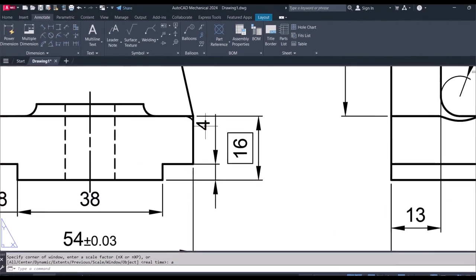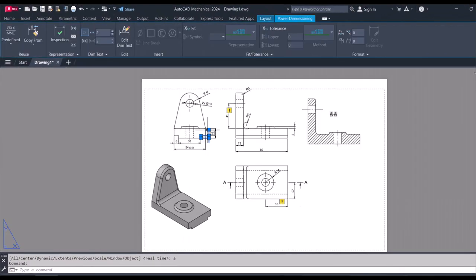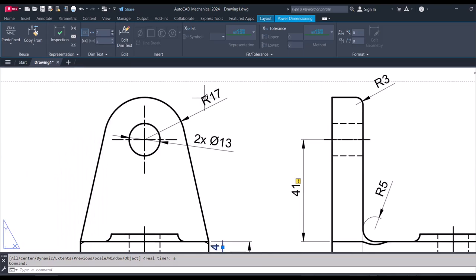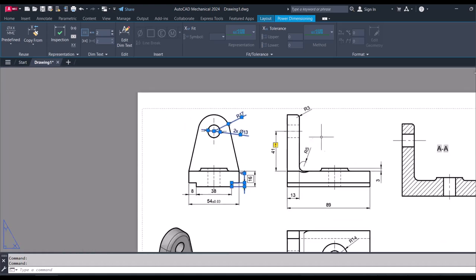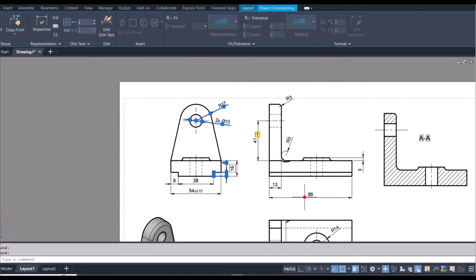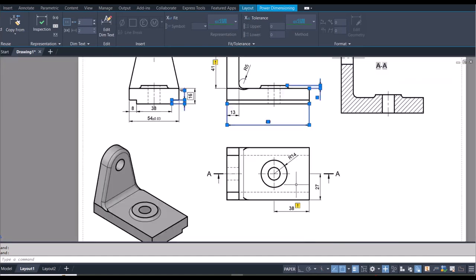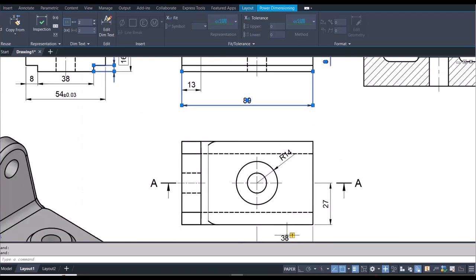So I'm going to select the height here, 4. I can add a tolerance to it. And then the radii and the diameters I can add. For the fillets, I won't add any tolerance to it. I'm going to add to the 89, ignore the 13 because I don't want to compound that. And then I would also add to 3, and then 38 here, 38, 27,